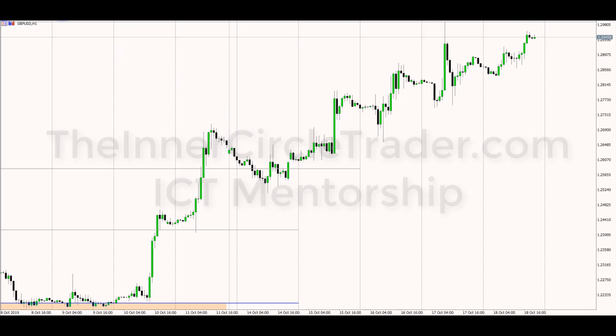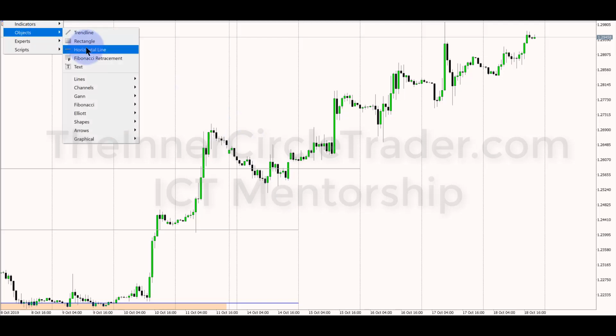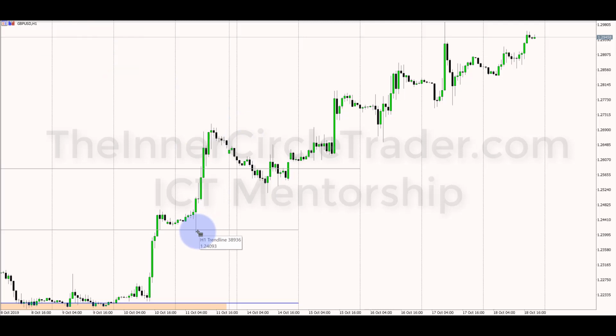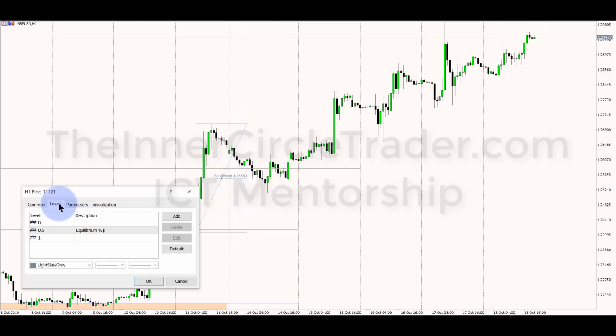Monday trades down. Now, what I'm going to show you is something that you should be doing every single day. It's all based on premium and discount. All I have on my fib here is just showing the 50% level, and I annotated it with equilibrium and then showing the price. And the way you get that is this. These are the settings on the fib to show what I'm showing you here. All I did was remove the Fibonacci levels, 79%, 62, and the 70.5 level. So they're not there because it's not important.